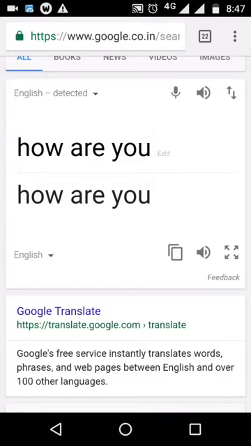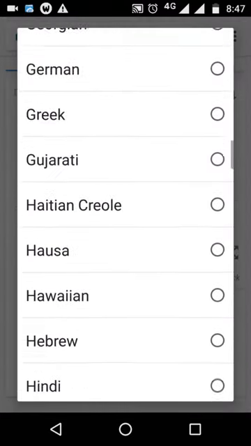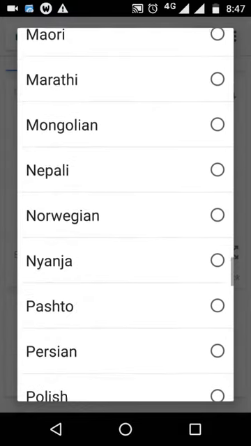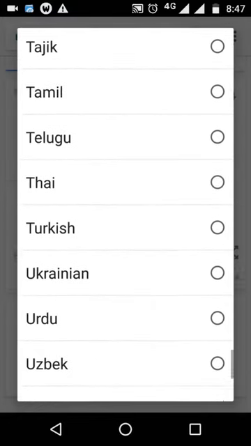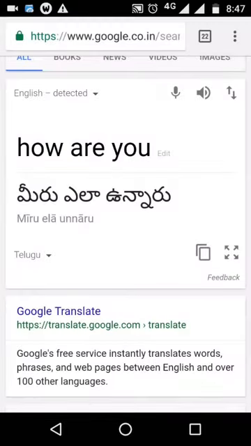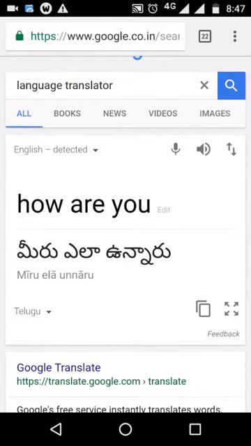I need this converted to, let us say, Telugu. See, to Telugu: "Meeru ela unnaru." So initially the input you provided is in English, and it is converted to Telugu using this translator software. Clear? This is what I mean about globalization.